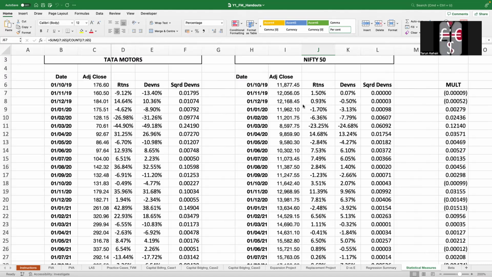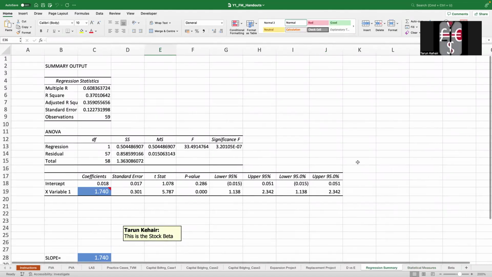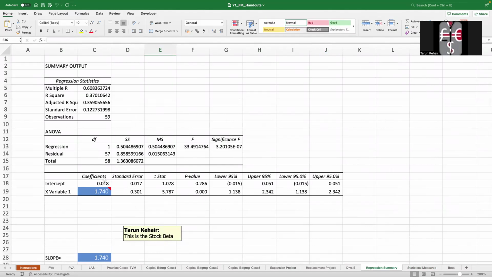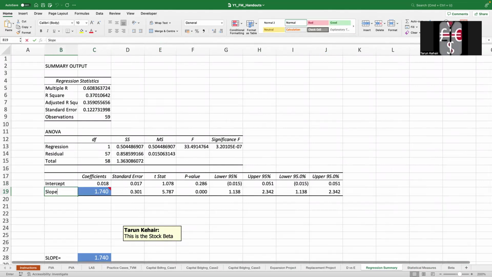That was market index Nifty 50, and Tata Motors or any other stock will always be on the y-axis, because stocks behave in response to changes, anticipated or unanticipated, on the marketplace. तो वो y एक्सिस पे आ गया। फिर हमने रिग्रेशन किया जिसकी ये समरी आई थी, और इस समरी में दो फीचर्स हैं, इंटरसेप्ट और स्लोप। ये जो x वेरिएबल 1 है, this is actually your slope,